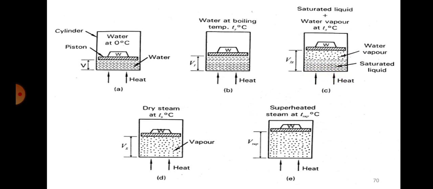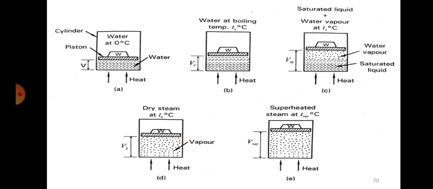Then what will happen? You continuously heat further, so all the water that is present will be converted into vapor, and then it will become steam, and that is called dry steam. So you can see it here in this particular thing. So there won't be any water at all, because you are not stopping the heat, you are continuously supplying the heat. It was at 0 degrees, from there it started increasing in temperature, it reached the boiling point, and then it starts converting into vapor. You are further heating that, so all the water whatever was present will be dried, and now it becomes completely vapor. That is called dry steam.